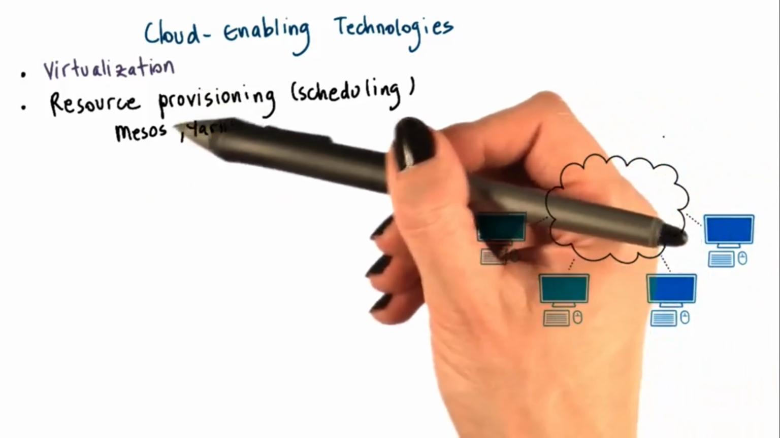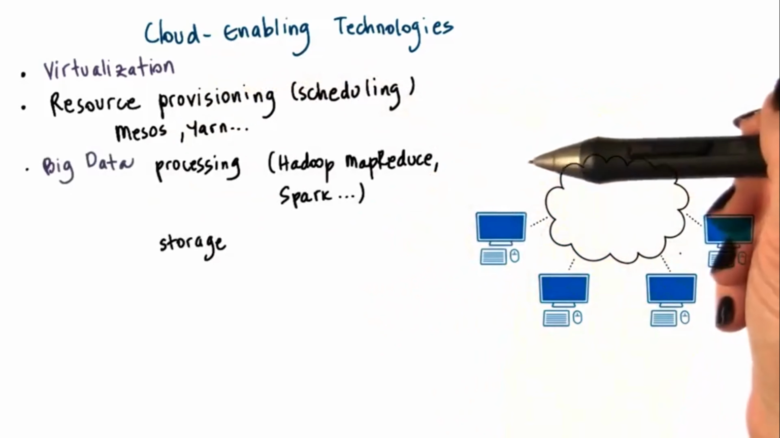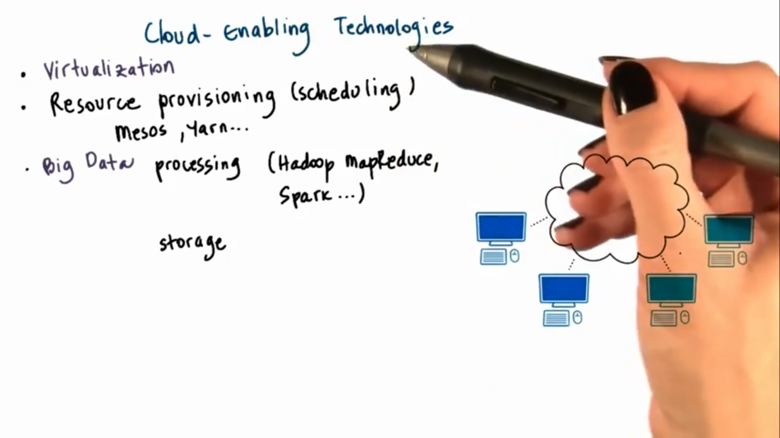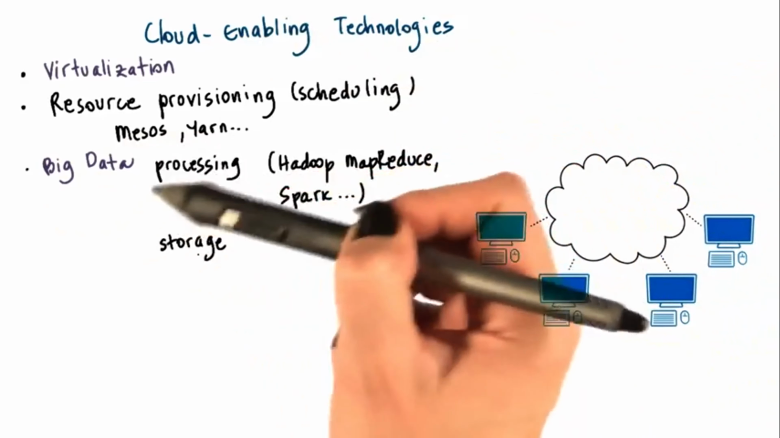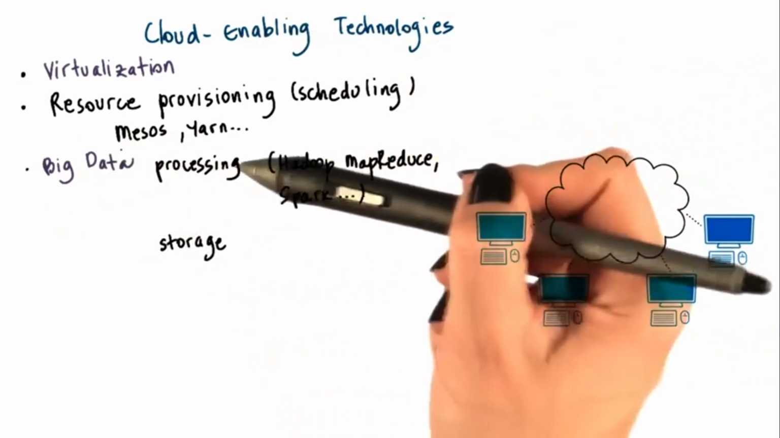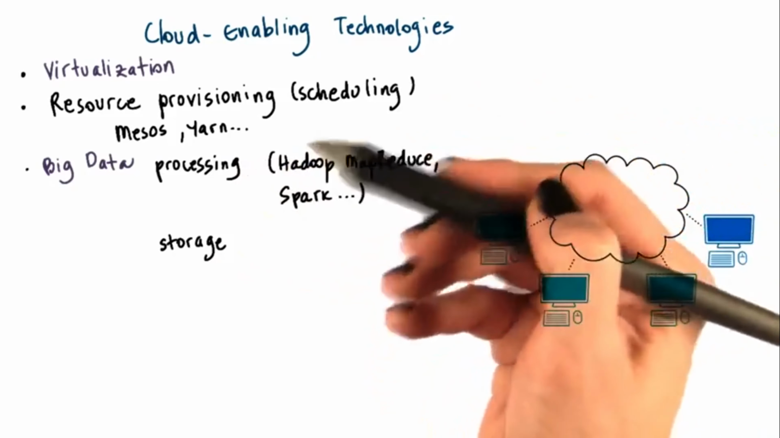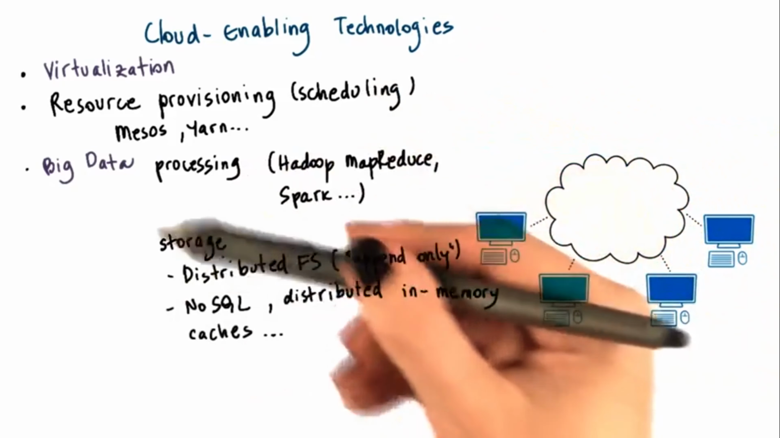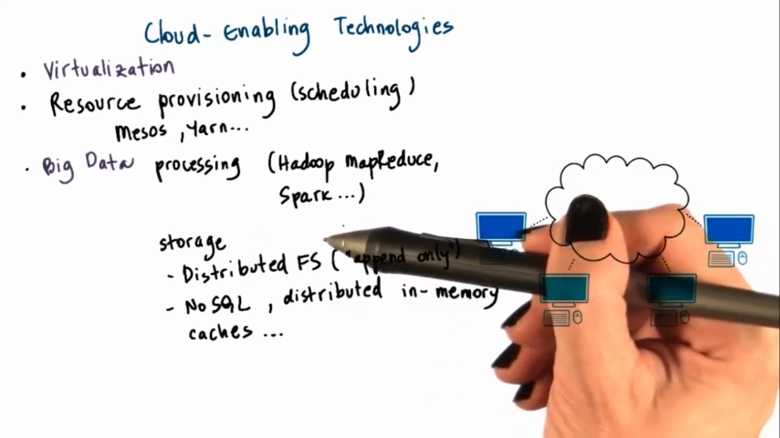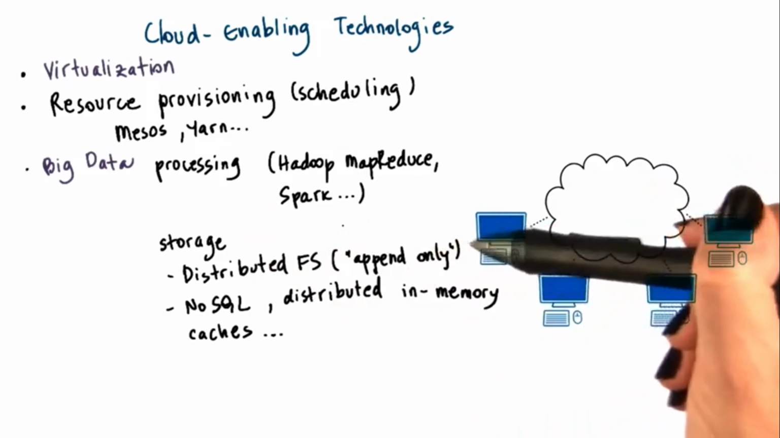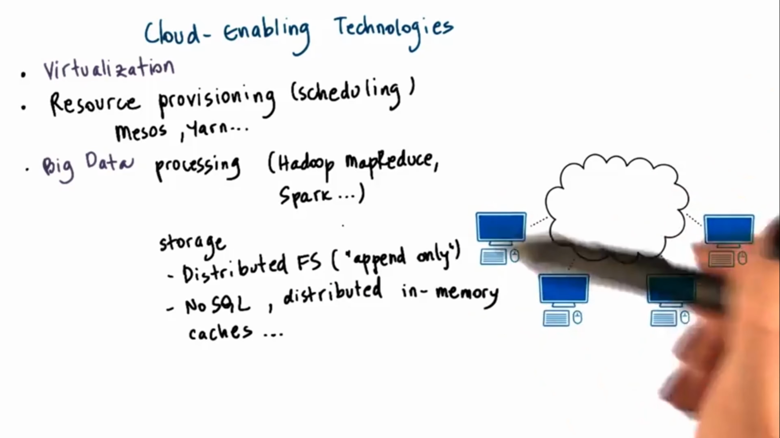There are platforms like Mesos or Yarn, Hadoop's Yarn, that serve this role. In order to address the customer's needs for scale, cloud technology needs to provide abilities to process and store large amounts of data. There are a number of big data processing frameworks out there. Hadoop MapReduce is one, Spark is another one that is popular. Regarding the data storage layer, cloud computing platforms include things like distributed file systems. These are file systems that typically operate in some append-only mode,